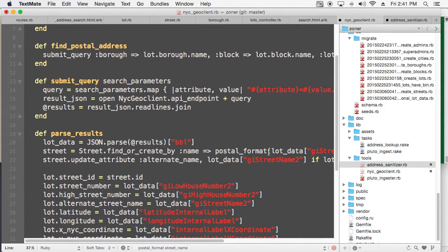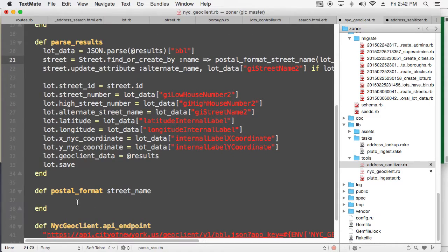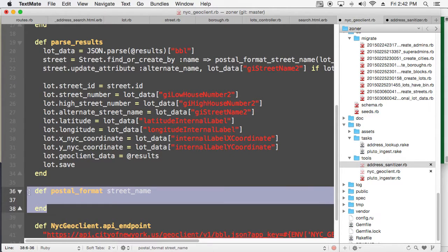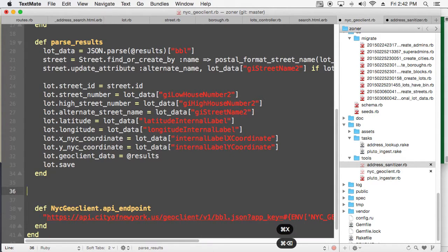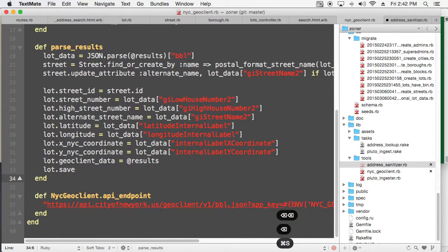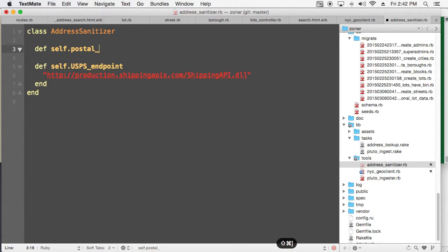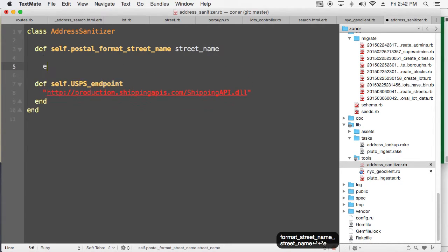Let's say postal format street name. Okay, so